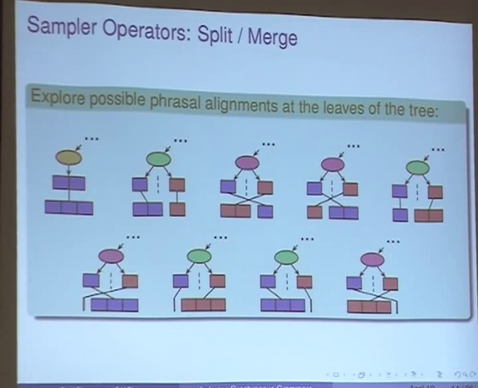So again, this Gibbs sampling comes down to having these local operators which change our current sample. In the work that Trevor talked about, there was a fixed tree, and you had to sample the segmentation of the tree and the alignment. Here we have an extra problem that we don't know what the tree is as well. So we have to be able to change the tree and the alignment at the same time. And we'll do that with two operators.